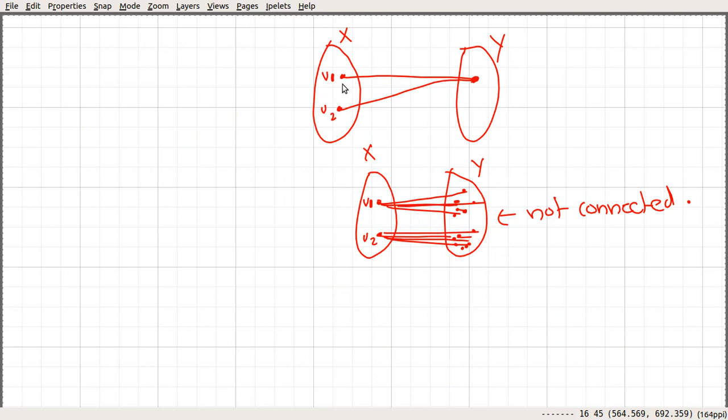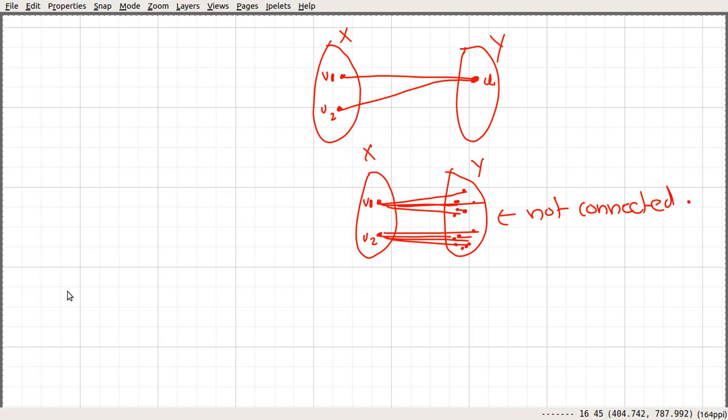Again, if there is no common element in Y which is adjacent to both v1 and v2, then that spanning tree will be disconnected. It is not connected, so it won't be a tree. So that says there will be exactly one vertex here which is adjacent to v1 and v2. Let's call this vertex, say, u. After that I will write down what I said, and then we will count this situation.